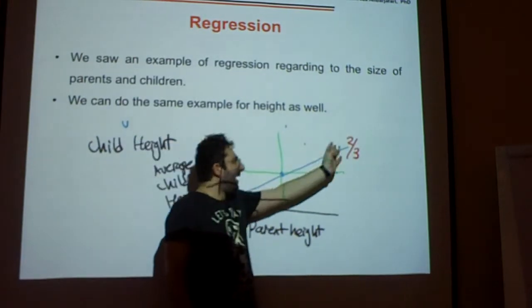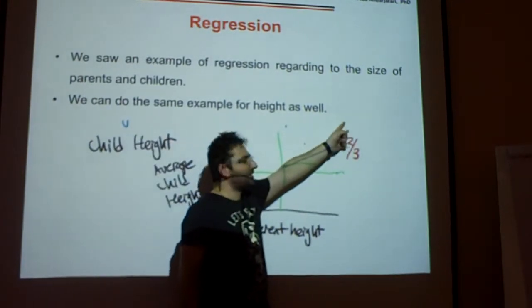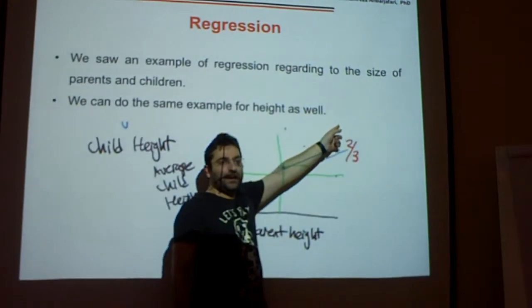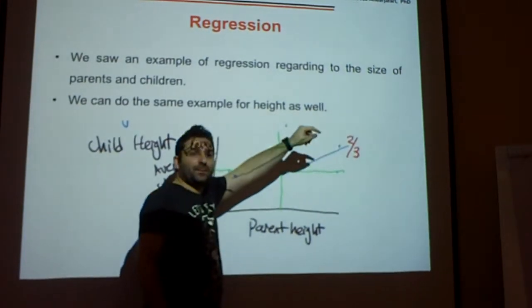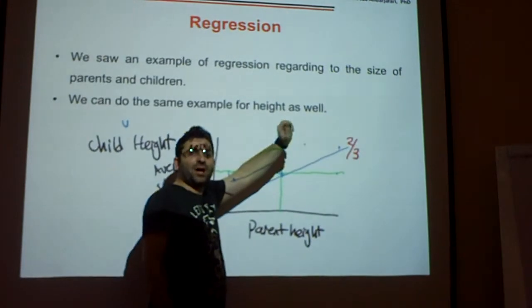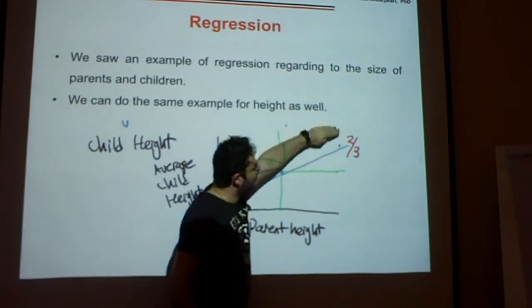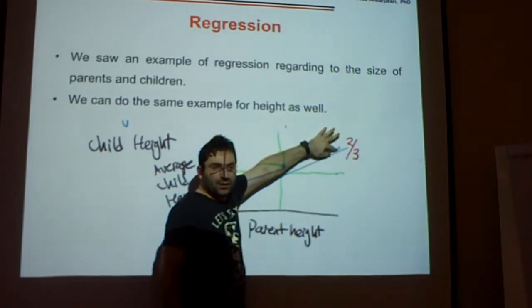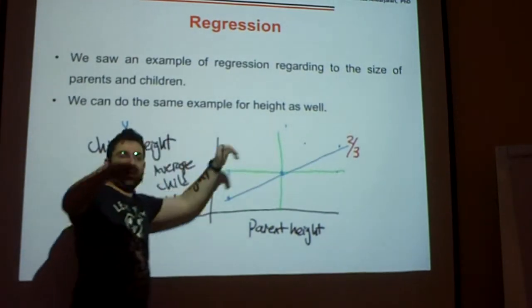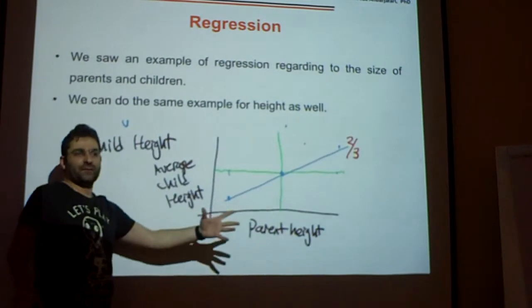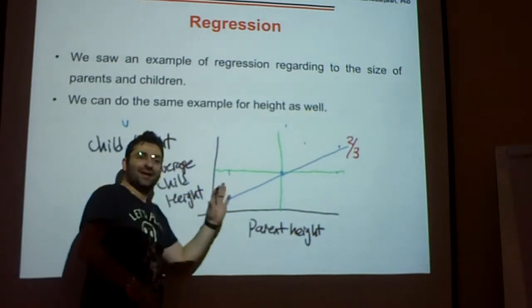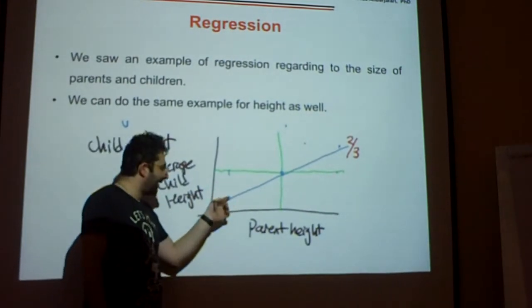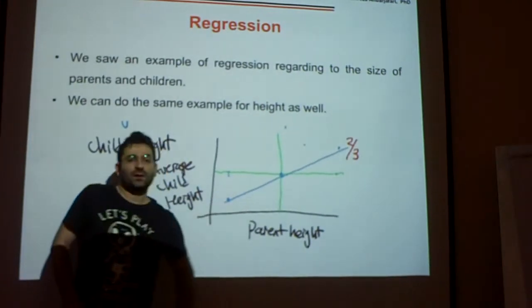If the parents are very tall, let's say the parents are here, the height of the child will be less than the height of the parents, somewhere closer to the mean, but still above the mean. Or if the parents are very short, the kids will also be shorter than the average,